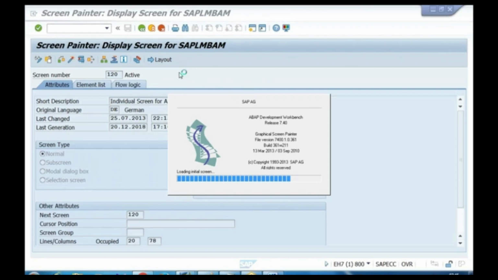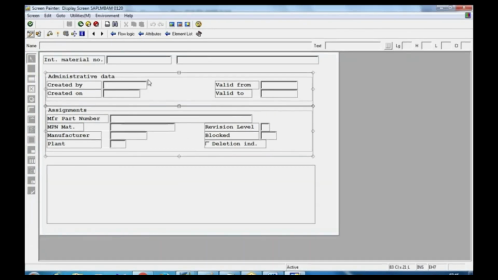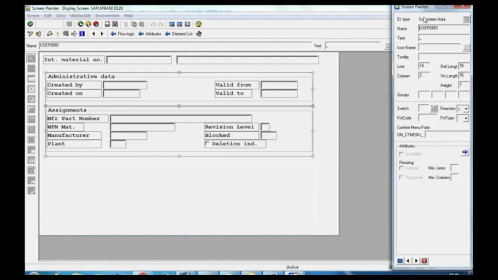Good. So you can see here, this is my normal screen, and on this normal screen there are already some standard fields given by SAP. Somewhere on the normal screen you can see they gave some empty area. If I double click on this, good. What does it say here? Subscreen area user 0001. So whatever subscreen we are going to construct with those additional fields, at runtime that subscreen will come